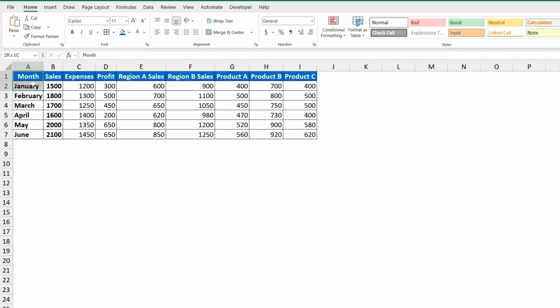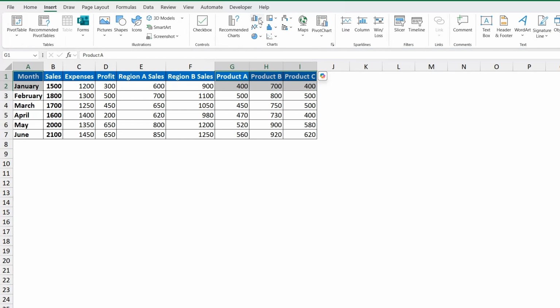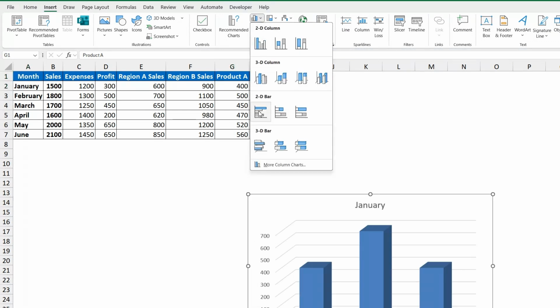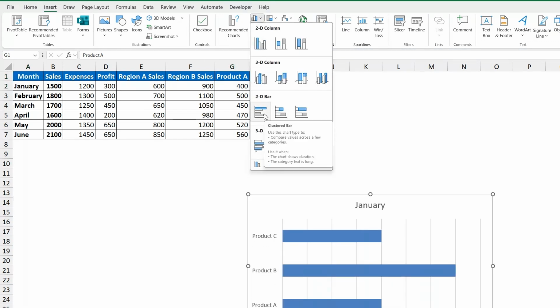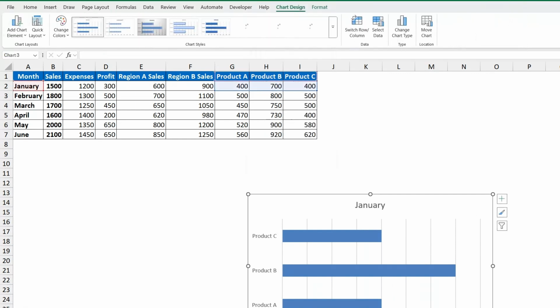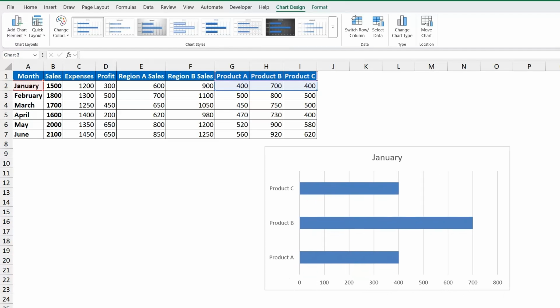For this sample, I will use Jan month and product A, B, and C. So I will hold Ctrl on the keyboard, select month, Jan, and all the columns from product A to product C. I'm going to insert, and on the same icon we have the third row where we can find our clustered bar chart. Click on it. You see it's already here,